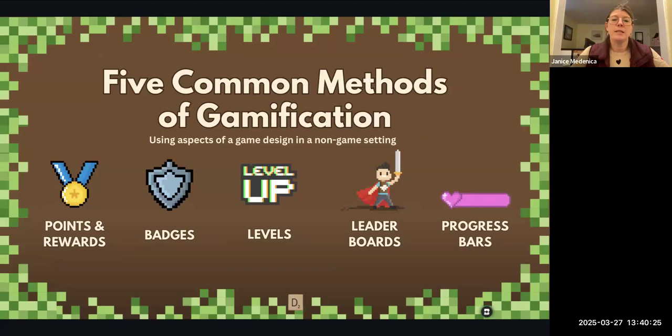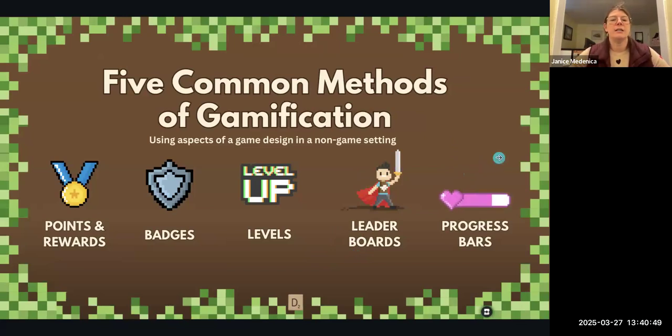And so that brings us to 5 common methods of gamification that you might have experienced. For example, levels or points and rewards, progress bars, and leaderboards. Of course, that's a big thing in Duolingo that I experience.